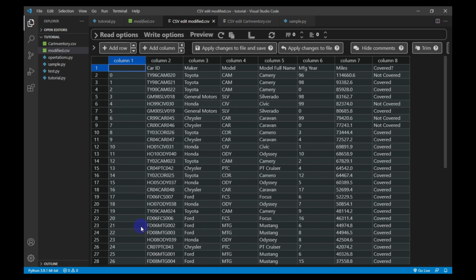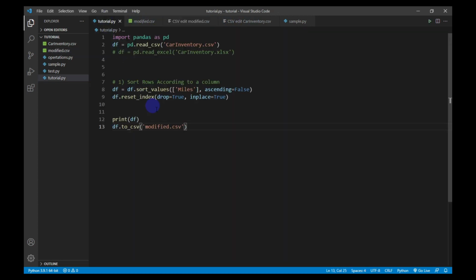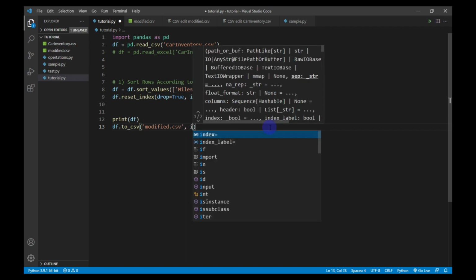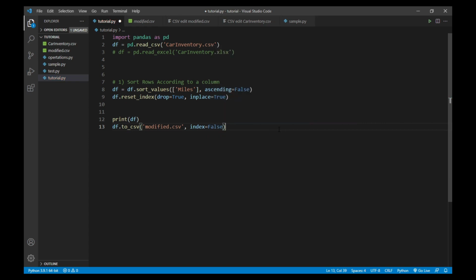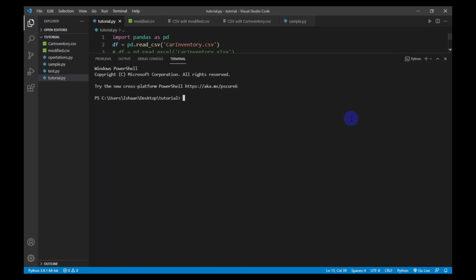So if we want to delete this index column, we can add another argument here in this method: index equal to False. Now let's once again run this program.